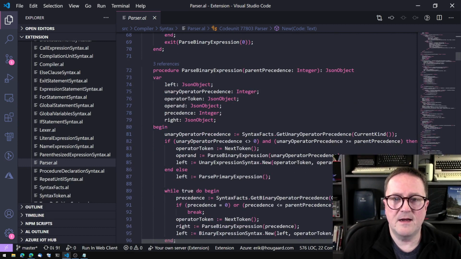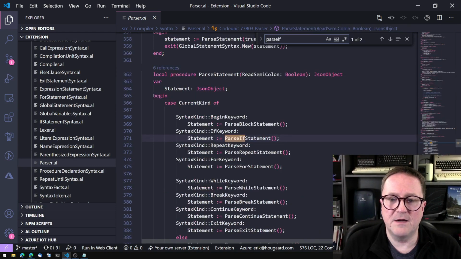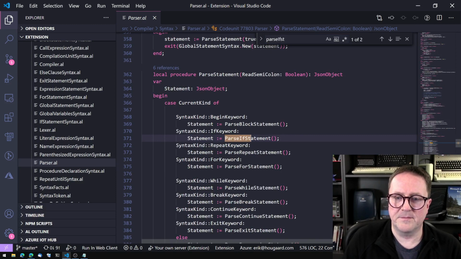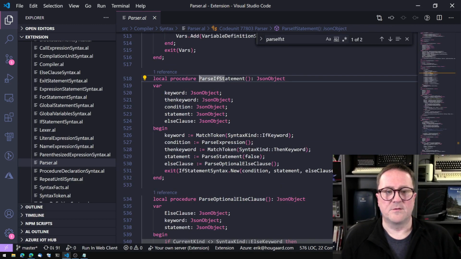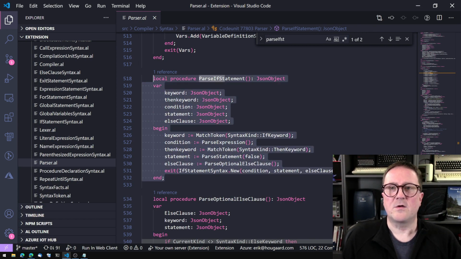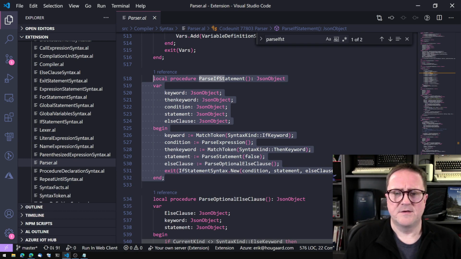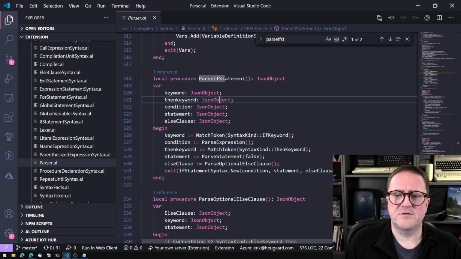Let's find parse if statement. That's a good one. So in this case, this is the code that reads an if statement. So how's that? So we are triggered by the